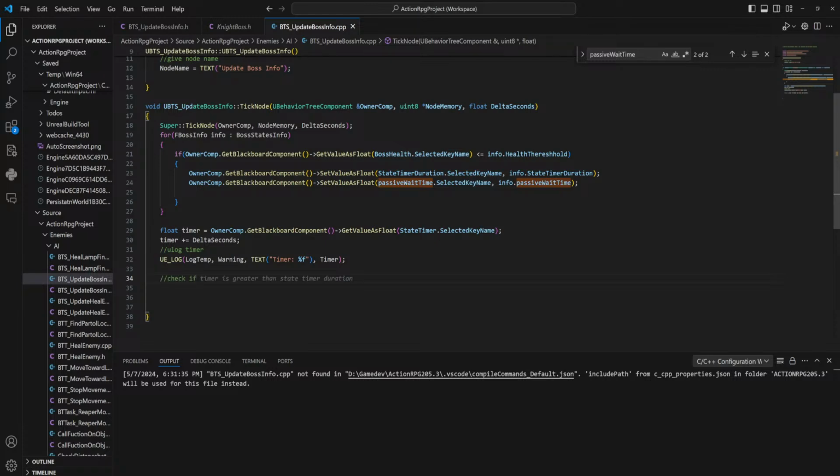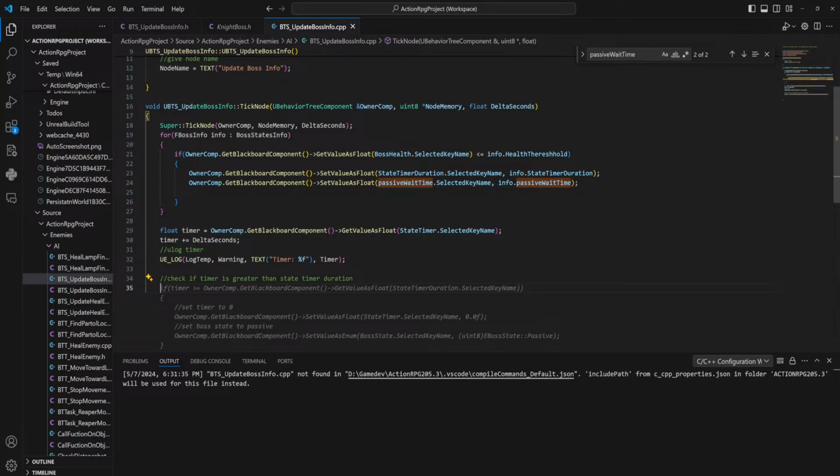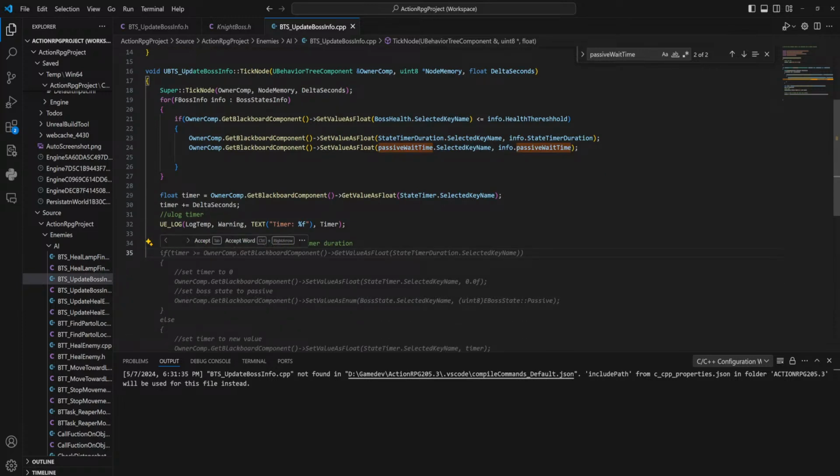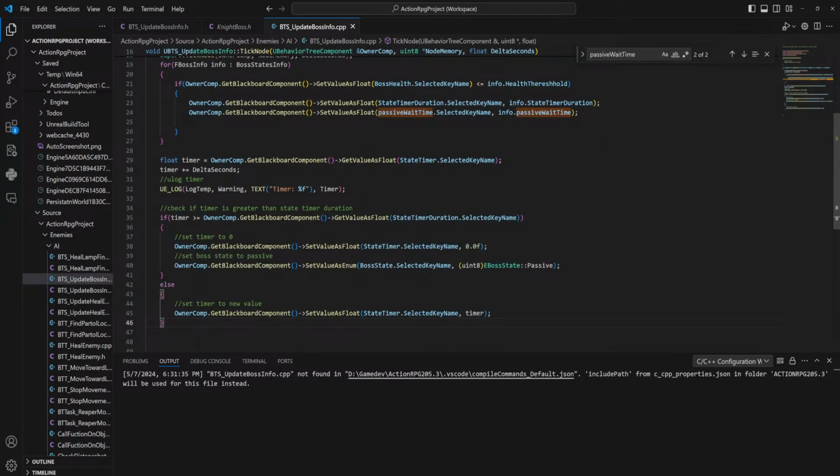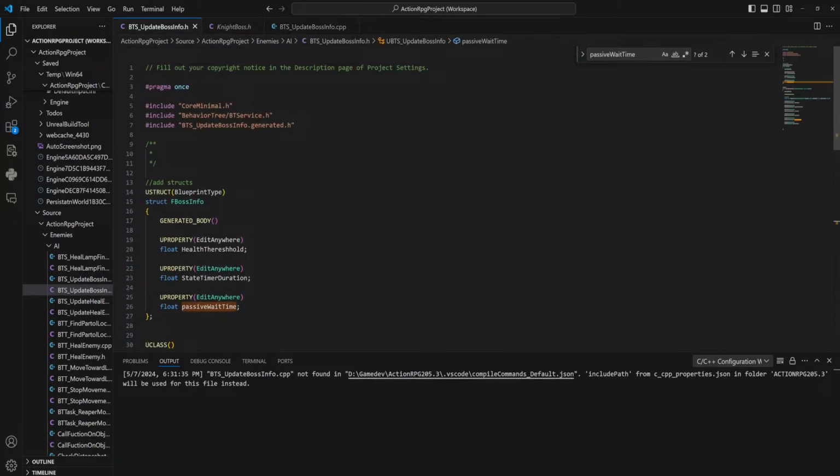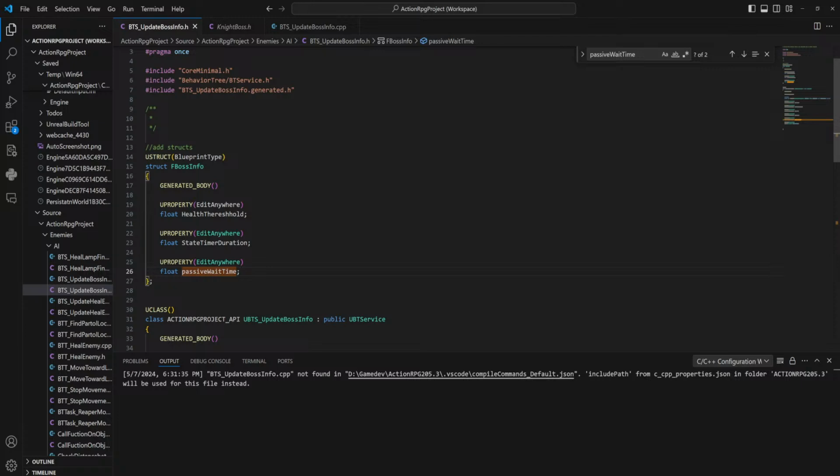So check if timer is greater than state time duration. If our timer is bigger than our state time duration, set timer to 0 and set boss to passive. You say EBossState passive. I don't think EBossState yet exists, but let's just make it in C++ and replace it. It's probably going to break a thing or two.